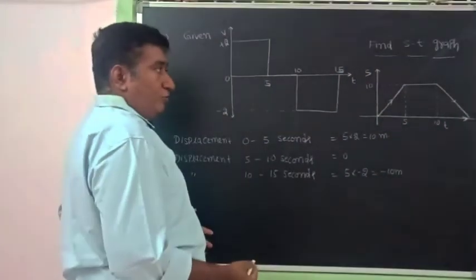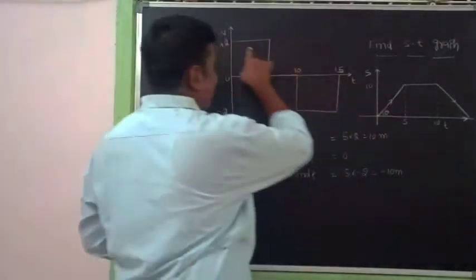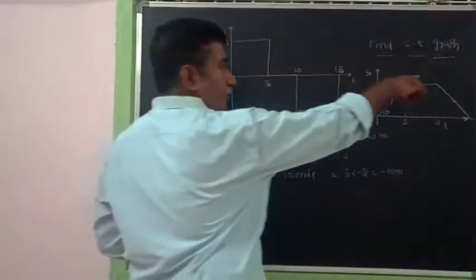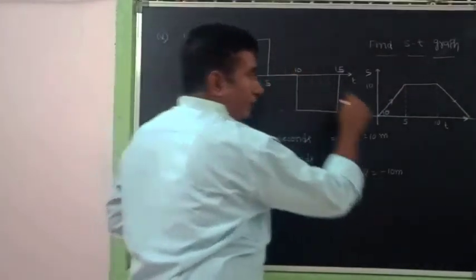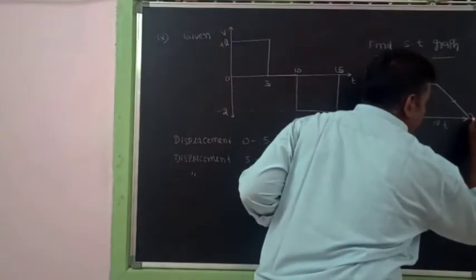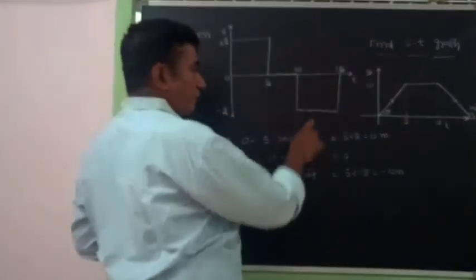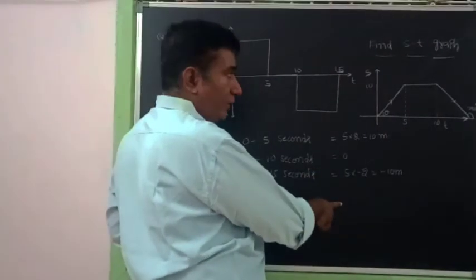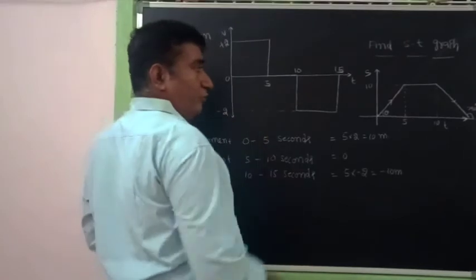If you have any doubt, you can see this. Here theta is less than 90 degrees, so velocity will be positive. Here theta is equal to 0, velocity is constant 0, and here this angle which we have taken is greater than 90 degrees. So velocity will be negative. If you have any doubt, you can find the velocities v1 and v2 also.